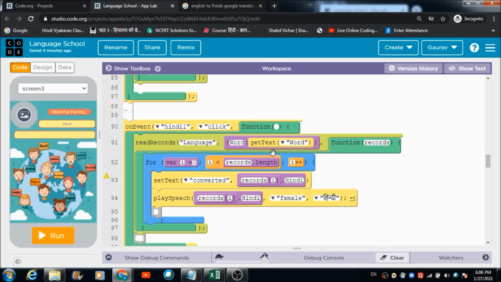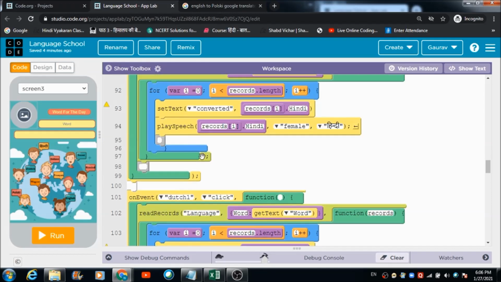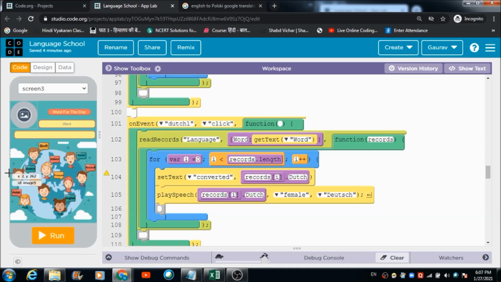The records are going to get pulled up from the table named language, and he will be able to hear everything in Hindi also, and the converted text is going to get reflected over here through this line of code which I have defined. Similarly, I have defined the same thing for the Dutch language also.